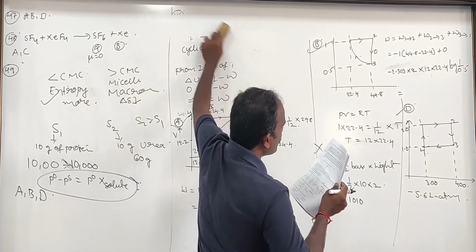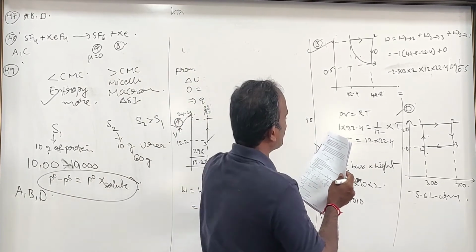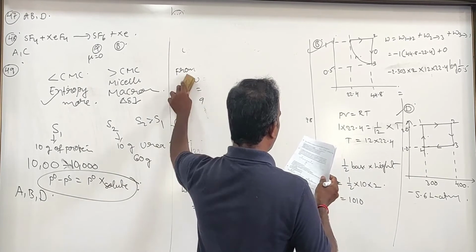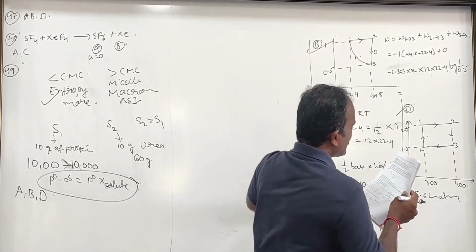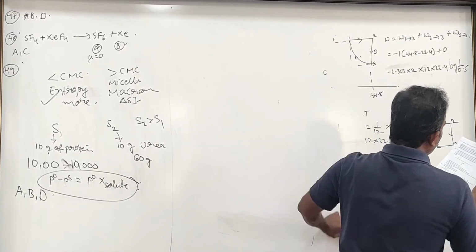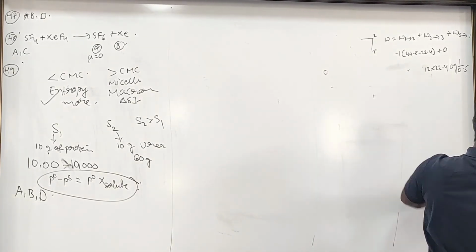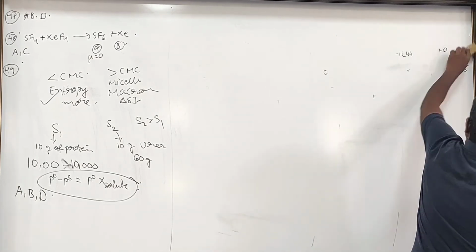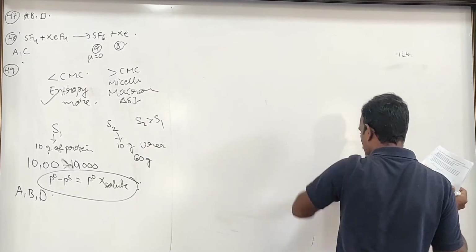Next, we have question number 50. So what is that question? Ammonia aqueous solution of test tube Y is added drop by drop in test tube W, which contains PbCl2. Select the correct options about it. So now we will see. What is the first option? Precipitate is formed during the reaction.